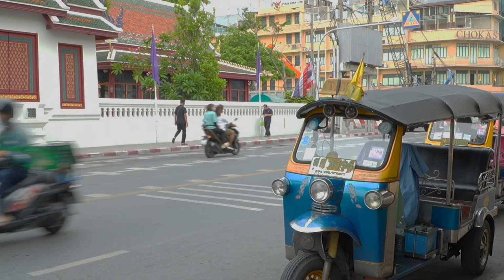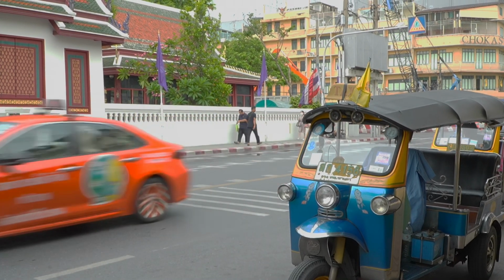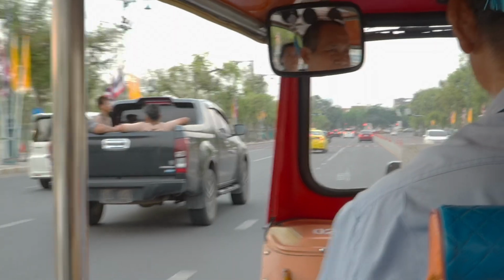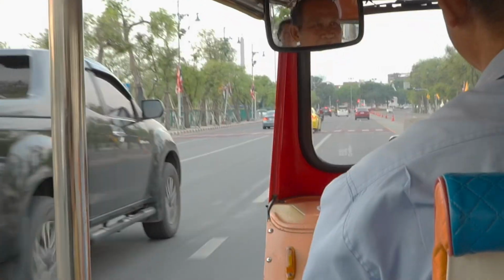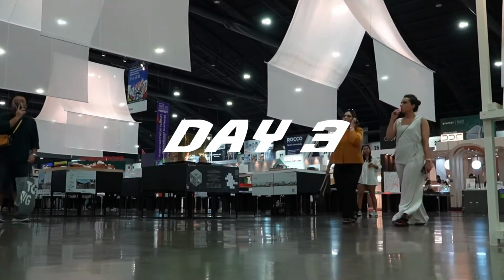Finally, near the end, I bit the bullet and took a Tuk Tuk back to the hotel. While Tuk Tuks aren't always cheaper or more comfortable than e-hailing drivers, they do save some time by squeezing past traffic congestion. On day 3, which is the main highlight of this trip, I spent my whole day in